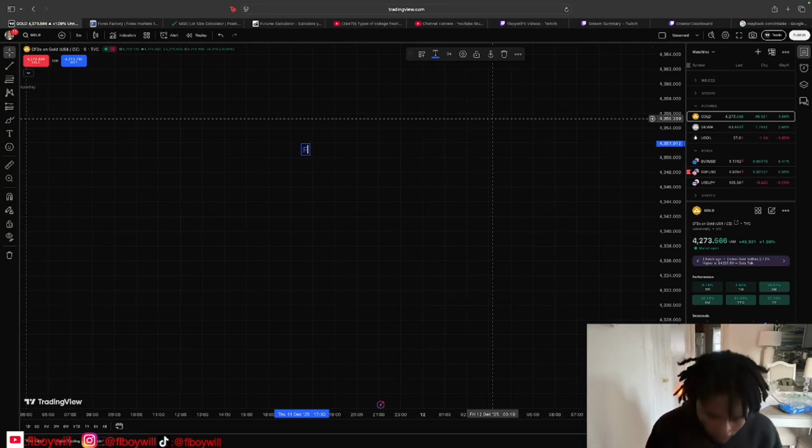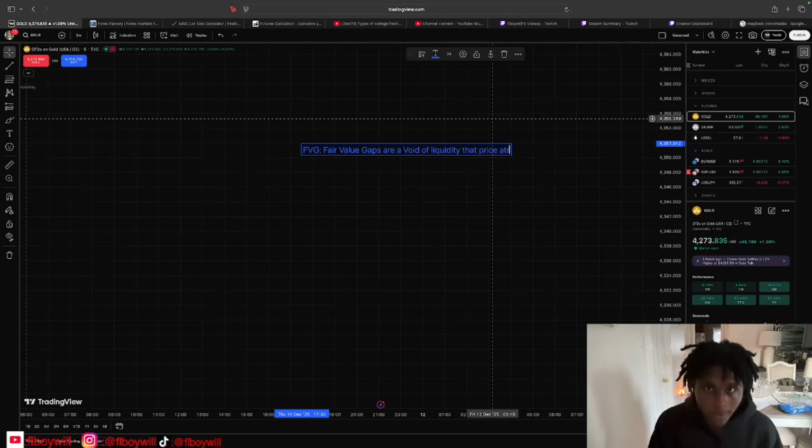Fair value gaps are a void of liquidity that price attracts to push the market where it's going to go. And not